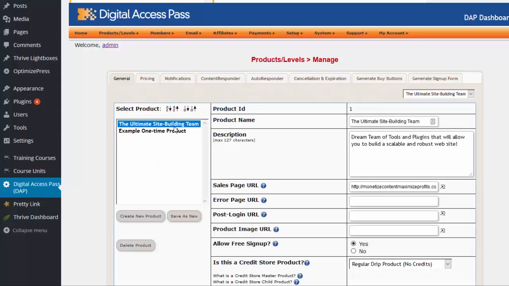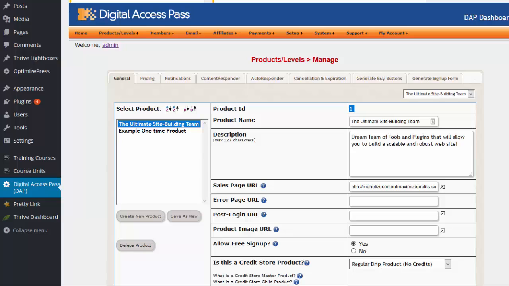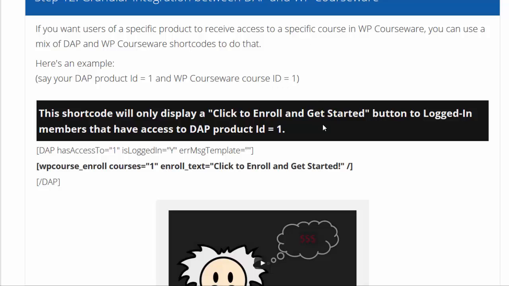Now here, my DAP product ID is 1, and my WPC course ID, you can find that by hovering over the course title, and you will find the ID number here. So you can see that course underscore ID right here, it's set to 1, and product ID in DAP is 1. So if I want to use shortcodes to make sure that only students that have actually purchased the product and should have access to the course, only those students are able to see an enroll button,